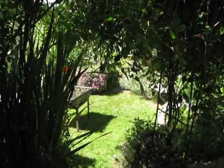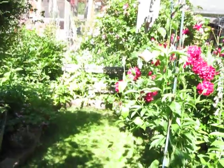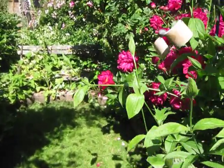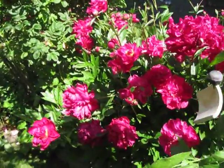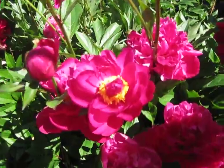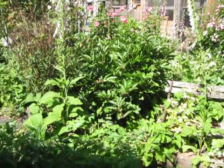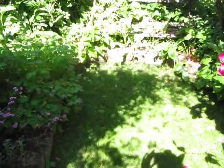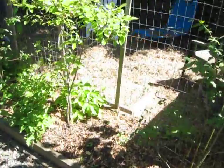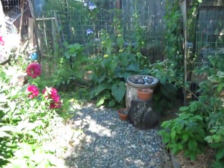That's the arch we just came in through. And then right here is what we call the rose garden, although there's actually more peonies in it than roses at the moment. Just a little nook. And coming out of there, heading along the pathway,